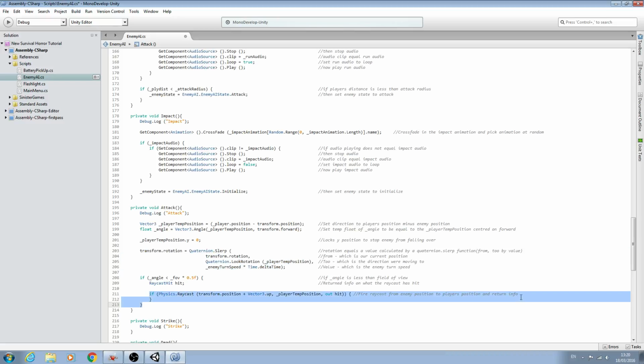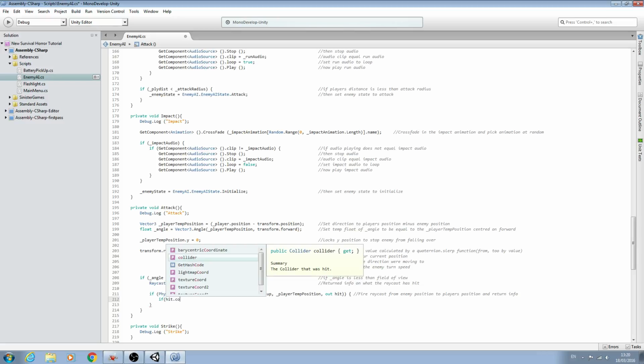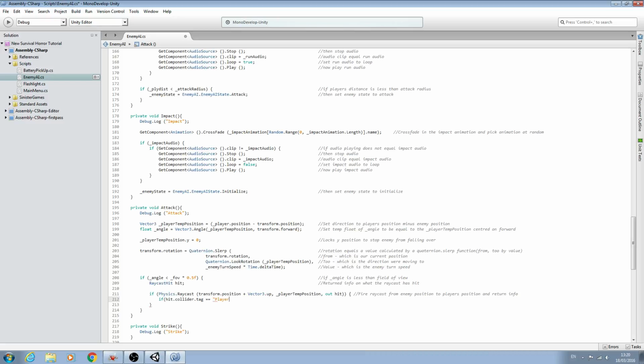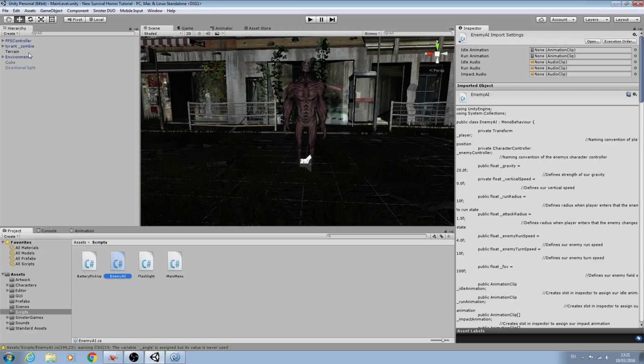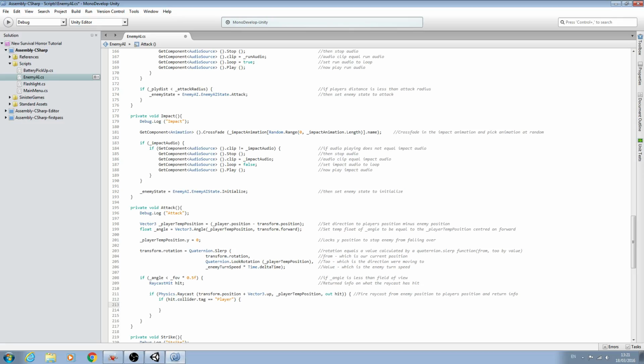But if it does hit the player game object, and we'll input that code now, we'll say if open brackets, and we'll say hit.collider.tag double equals speech marks player close speech marks close brackets open and close. And as I'm sure you'll remember, we actually tagged our FPS controller as player. So if it does hit the player,